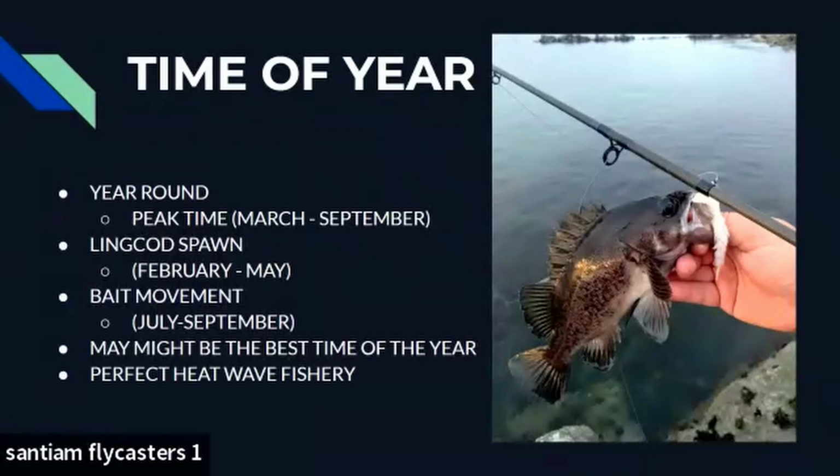But I'll be there a lot in August. I'll be there towards the end of July. When the rivers heat up, the ocean's still cool. So it's a great heat wave fishery. When they start putting hoot owl restrictions on our rivers or the lakes start getting too warm, going to the jetty is a great place so you can still get that fly fishing fix and not be as impactful on the local